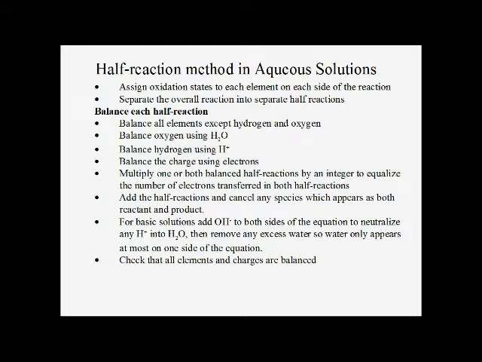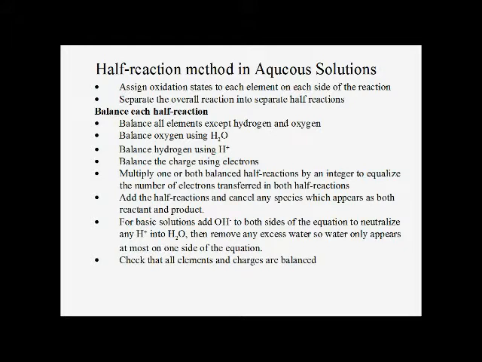So everything should be balanced now except for charge. So we're going to balance the charge using electrons. So one of the reactions should show electrons as a reactant. The other reaction should show electrons as a product. Now we look at the number of electrons on both half reactions, and we have to find a common factor. So we find what factors we need to multiply each half reaction by so we get the same number of electrons